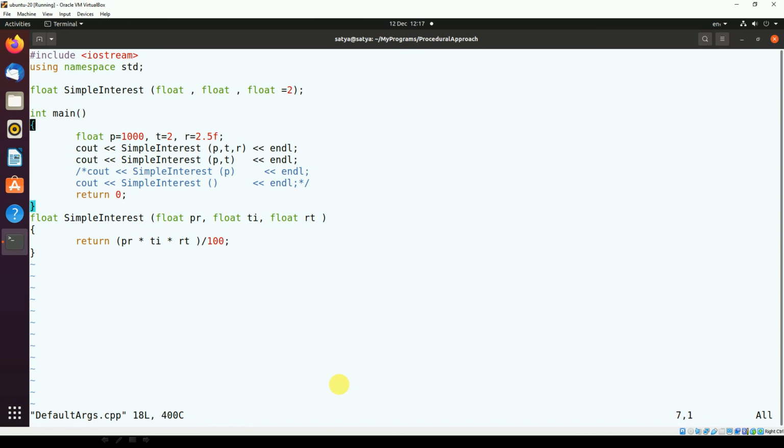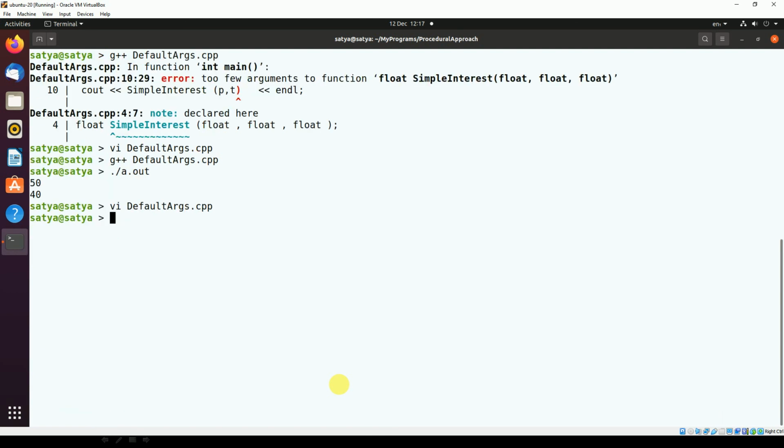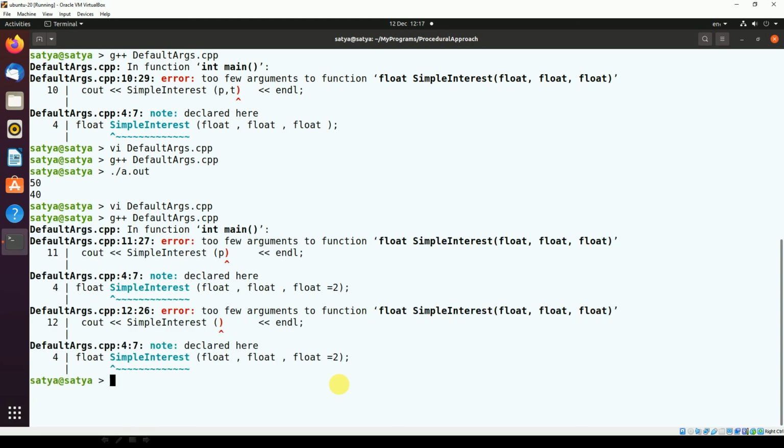Okay, so now again what I will do is, I will uncomment this. We'll uncomment both. We'll see whether it will work or not. See, again it is an error.